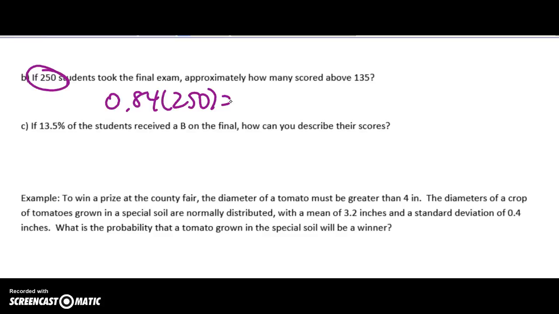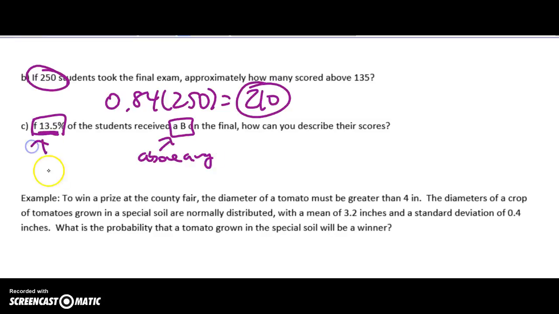So 0.84 times 250, 210 people scored above 135. Lastly, if 13.5% of students received a B on the final, how can you describe their scores? Well, B I would say would be above average. The 13.5% corresponds to being between 1 and 2 standard deviations above the mean because we want to be above